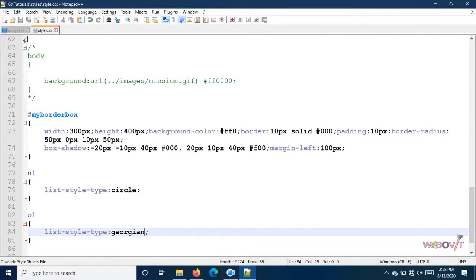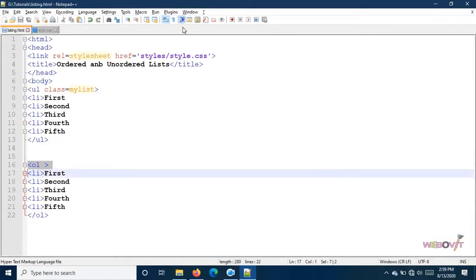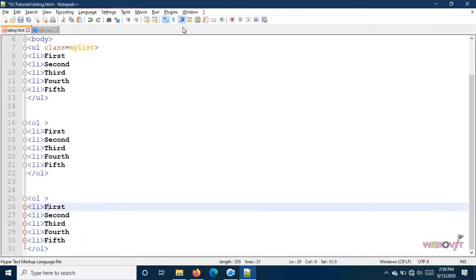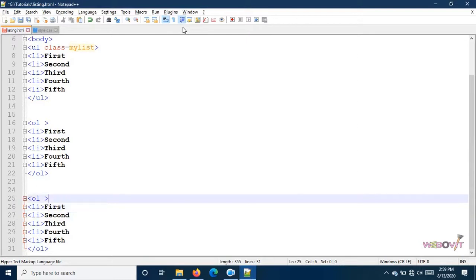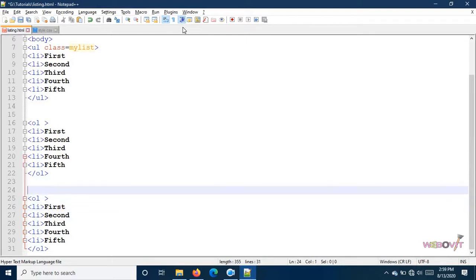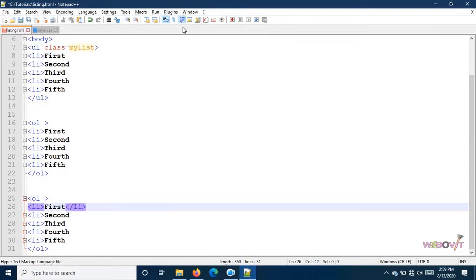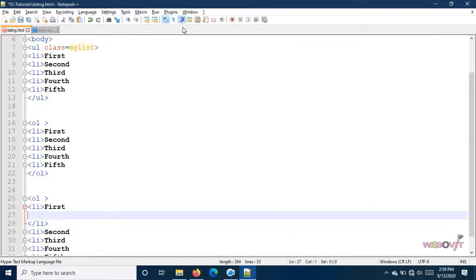Now we will make one more list. Now we have one more list in the bottom. Suppose in an ordered list, this one list is started here. Normally we don't need to close the list if we have opened it, but we can close it also for more cleanliness, so that we can understand properly where one tag starts and where it finishes. Now inside an ordered list we can again have an ordered list, like a category has a subcategory and the subcategory again has some subcategory inside it.